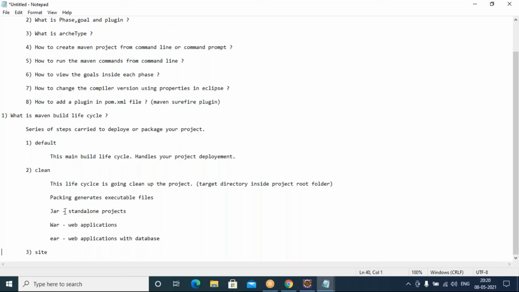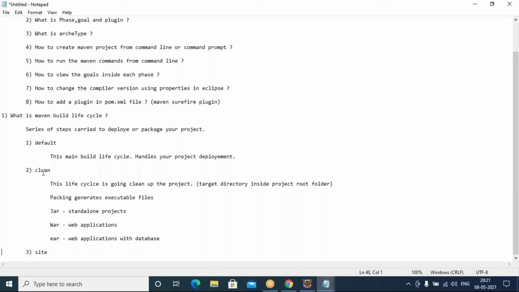Let's say I'm creating a standalone project, so I will specify JAR packaging. Then one JAR file will be generated with your project name. That JAR file you can share with other people so that they can run it in their command line using the command java -jar followed by the name of your JAR file.